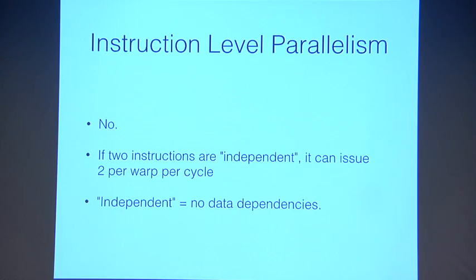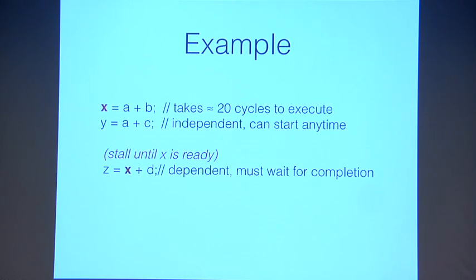If you have independent instructions, it can actually schedule 2 of them at a time per cycle. So you can basically send 2 instructions to 2 of the, well, you can send 4 instructions in 2 pairs to 2 of the computation engines and keep them all busy. Independent in this case just means no data dependencies. So you see this in regular code as well. If we're computing x as a plus b, we launch that computation, then we have to wait till it's done before we can use it in this line.